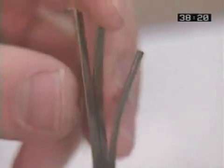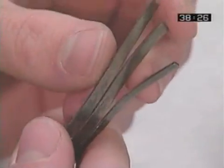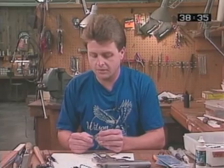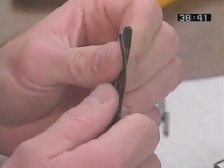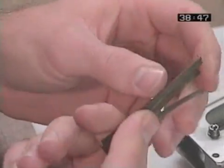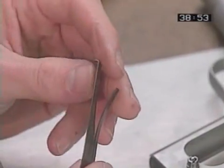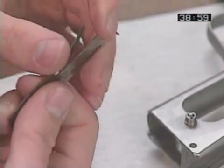And then what you need to do is adjust your spring. Now, it's got a lot of tension on it like it is, and you want to be careful not to take too much of the tension off, especially at first, because you can adjust your spring tension later on when you're doing the trigger job and adjusting the poundage and everything. But you'll need to support it down here with your thumb, and then you can put a slight arc back into the spring to where it's backed off quite a bit. So you're bending it backwards. Yeah, letting tension off of it. And sometimes you need to take a little bit off of your